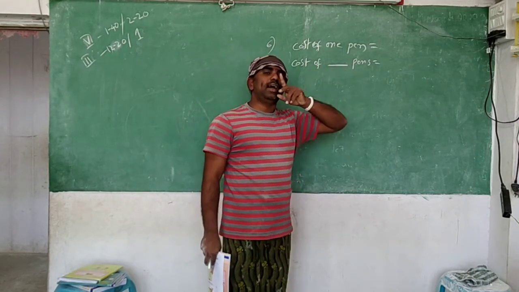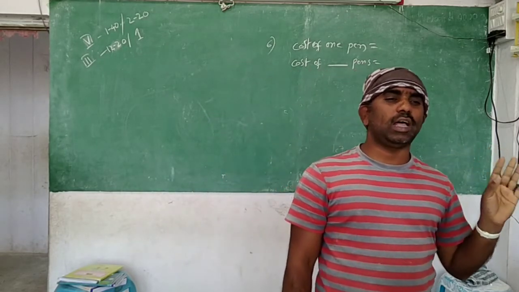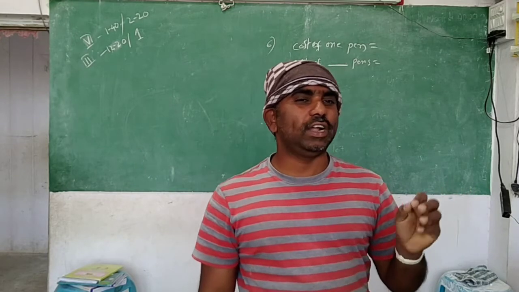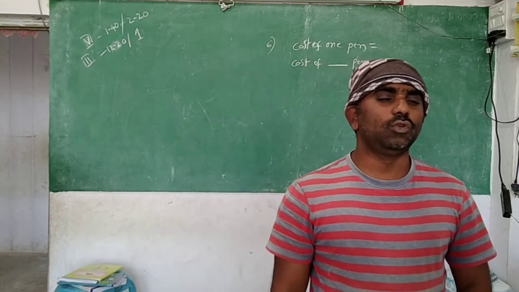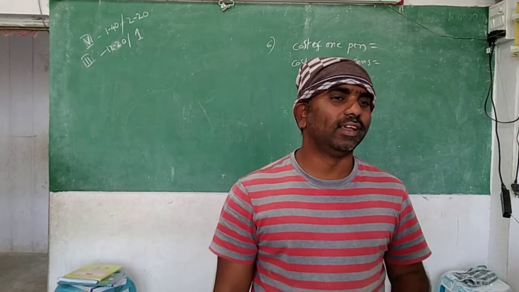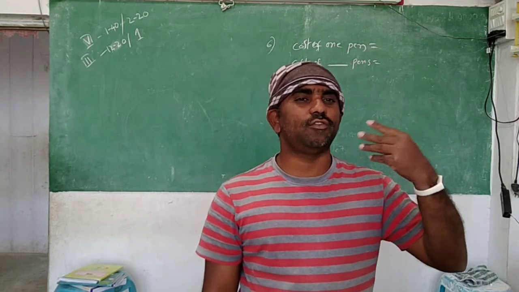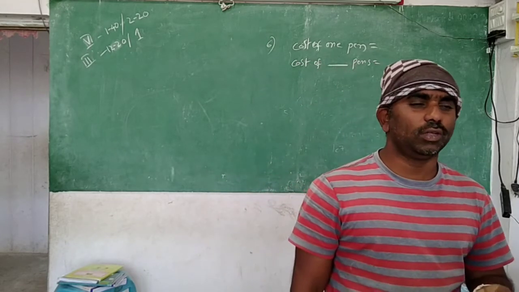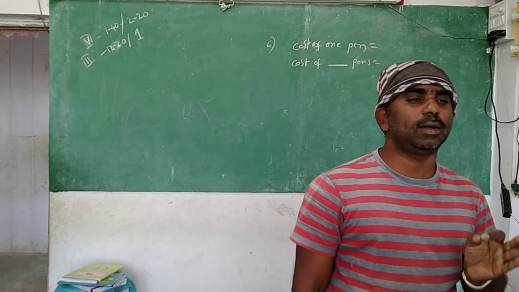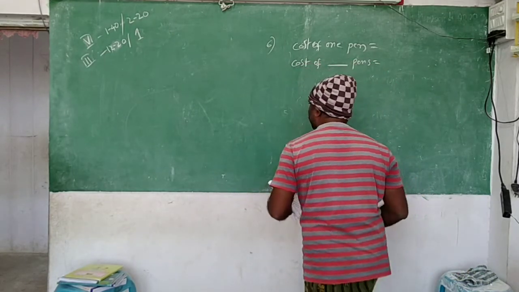Then how do you find the answer? Any time like this, you should do multiplication only. You know the cost of one chocolate, you are finding the cost of 10 chocolates. You know the cost of one cake, you are finding the cost of 10 cakes. So if you know the cost of one thing and you are finding the cost of more things, what should we do? We should do the multiplication, compulsory. Remember that, okay?